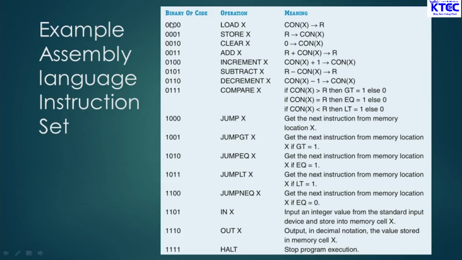Now in binary code or machine language, where we have 0000, four zeros here, the operation in assembly language means load X. And in general, it means the content of X to